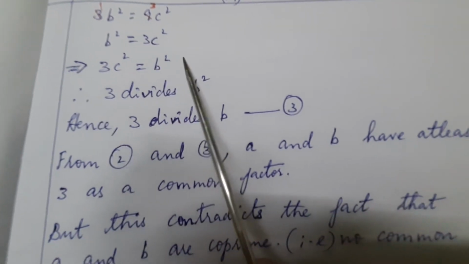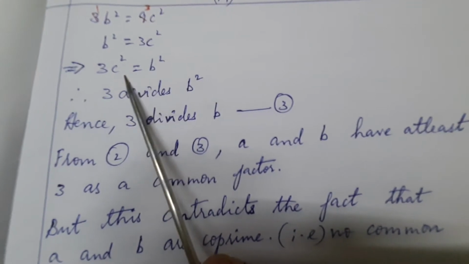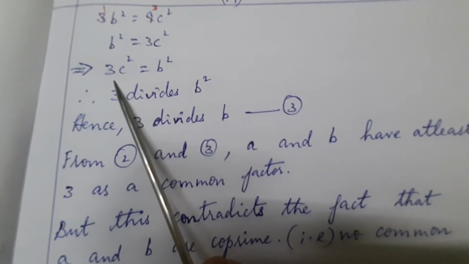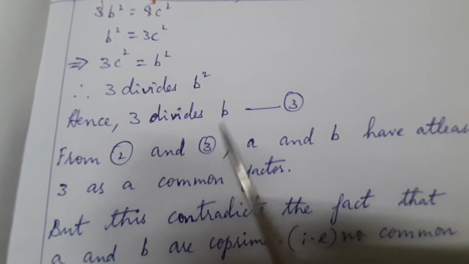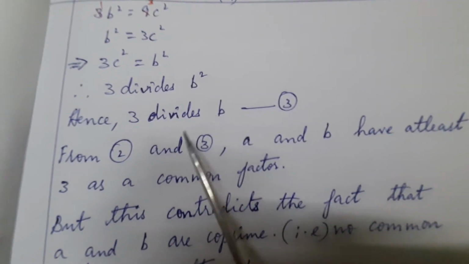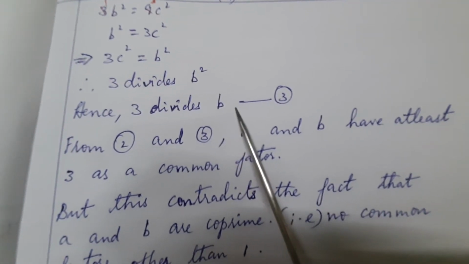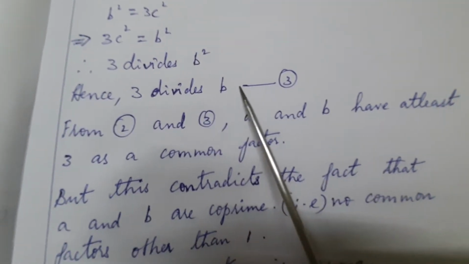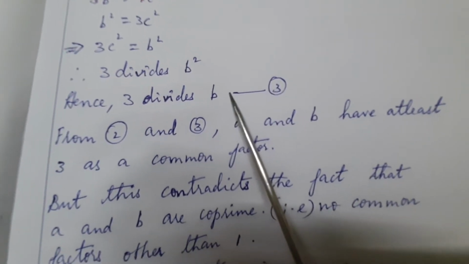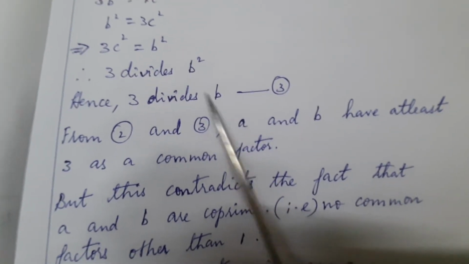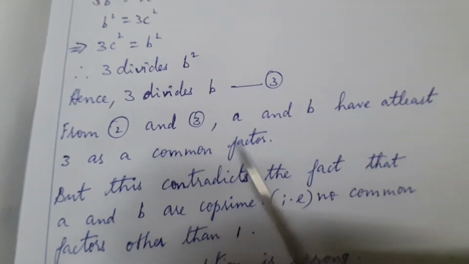Now, I am interchanging the places, 3c square is equal to b square. As I told you before, if I want c square, it is b square by 3. What does it mean? 3 divides b square, hence 3 divides b. When a number divides the square of a number, the number also divides that number. For example, 3 square is divisible by 3 means 3 is also divisible by 3. Same way here. So, now from the second equation and third equation, we can say a and